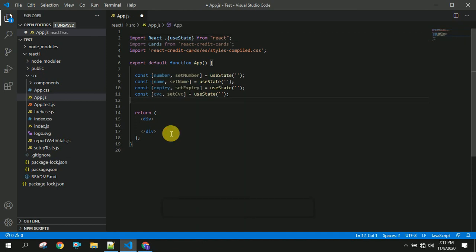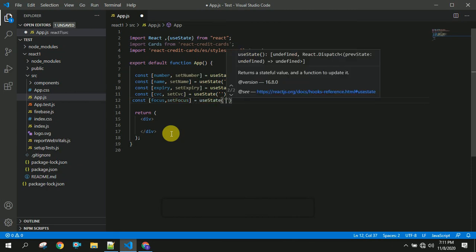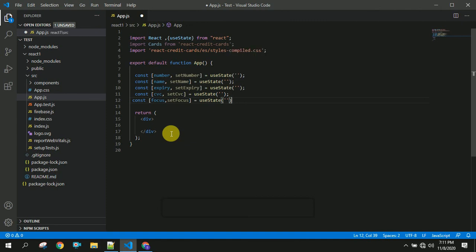Another thing is, we have to use another variable called focus for focusing on a particular element based on our text box click. The next thing is we have to create input boxes here.